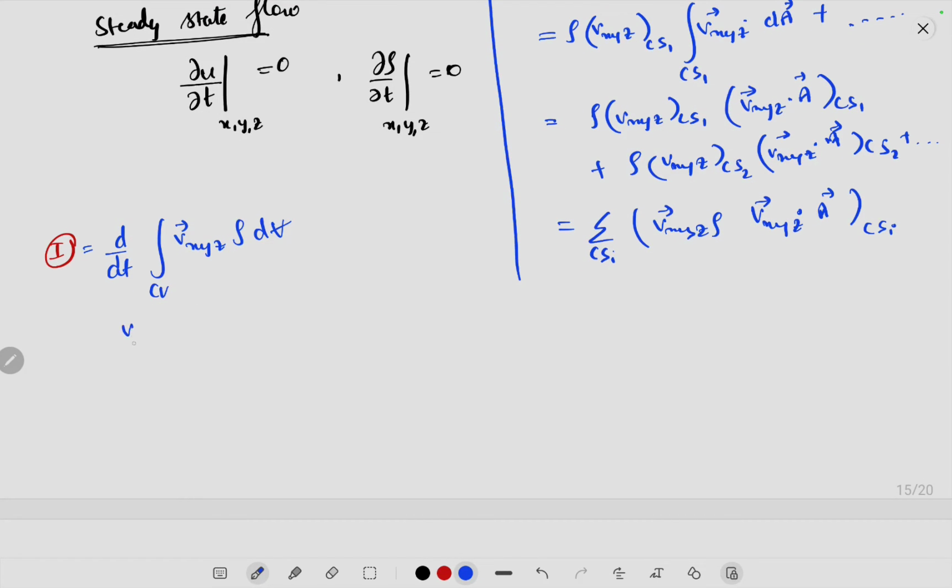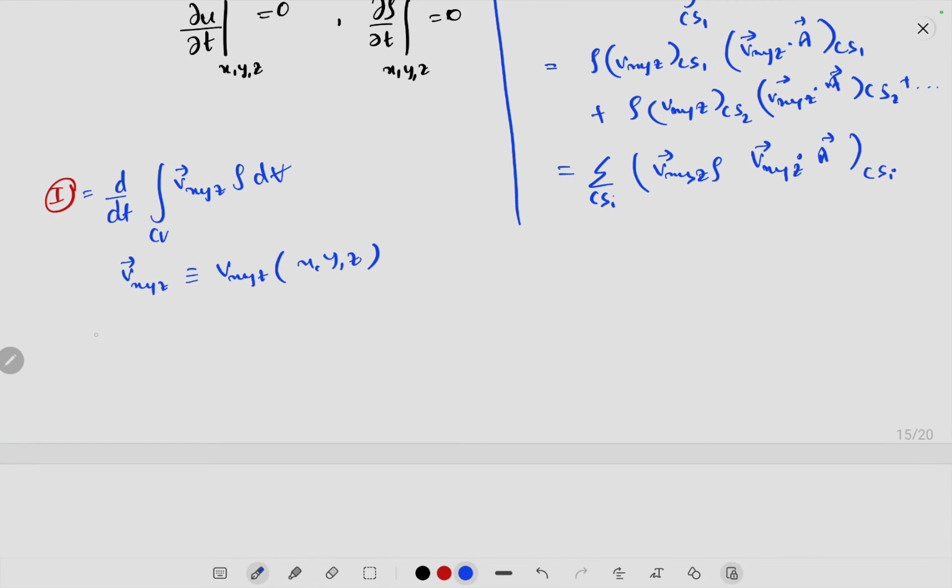Now if Vxyz is a function of x, y and z, and rho, given that the fluid is incompressible, rho is constant, so this won't matter. Okay, so if this is the case, then